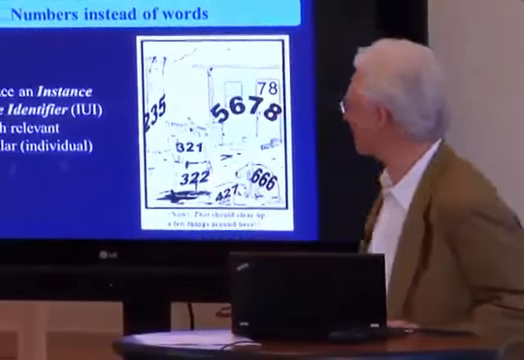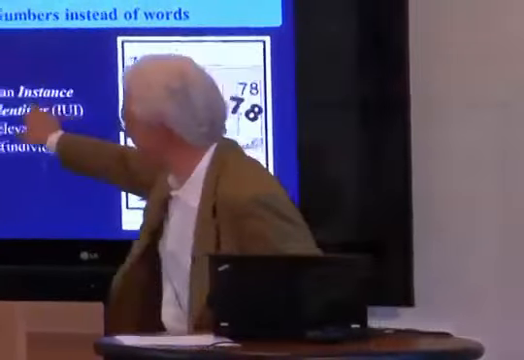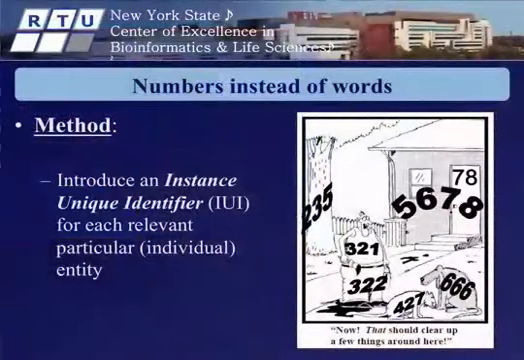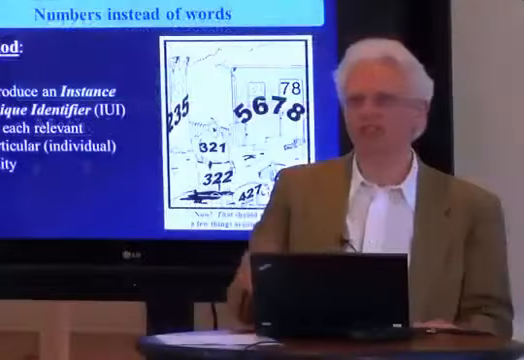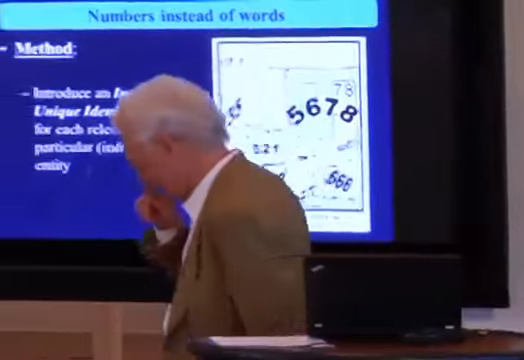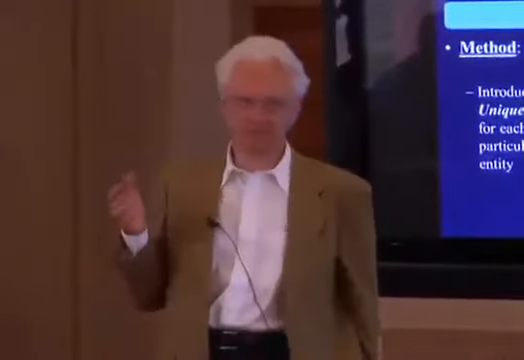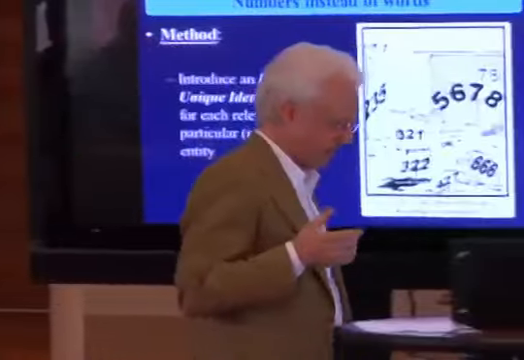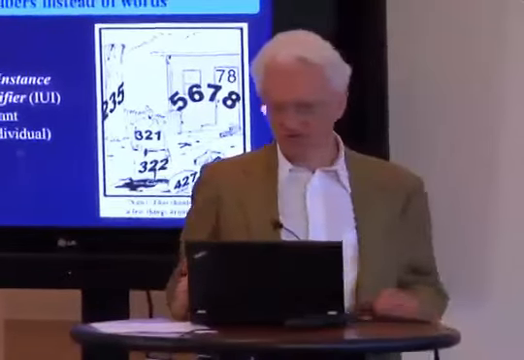And we call these numbers IUIs, Instance Unique Identifiers. So more precisely, we want to give unique identifiers to all of those things which are of concern. Now, this work was devised originally for hospitals. So when you're developing an electronic medical record for patients,